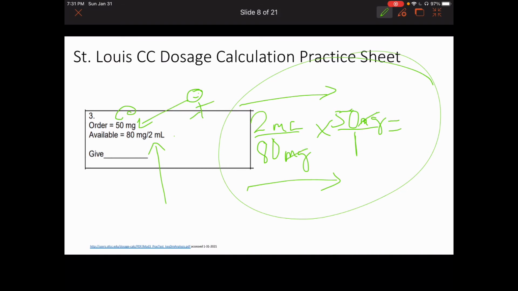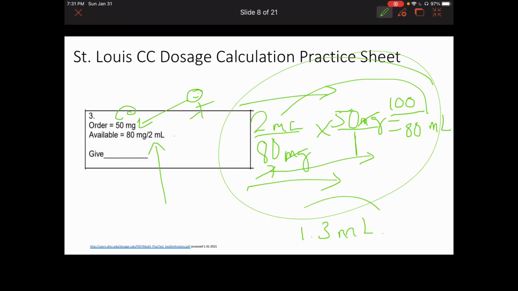Cross out those units here, carry these ones so we know it's still in the oral suspension, which we knew in the first place. But now 2 times 50 is going to be 100, right? And then that's going to be over just 80 times 1, right? So we're just going over again. So it's like 80. And after we divide that out in the calculator, and in my class you always have a calculator for this kind of stuff, it's 1.3